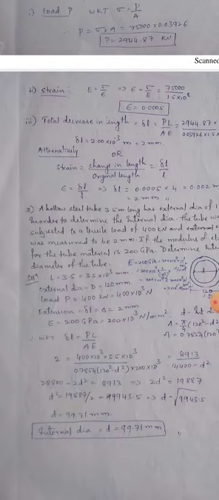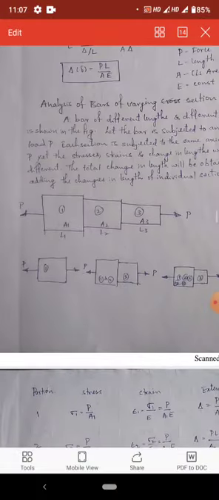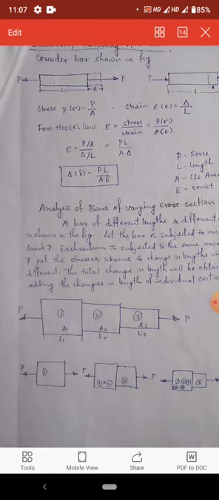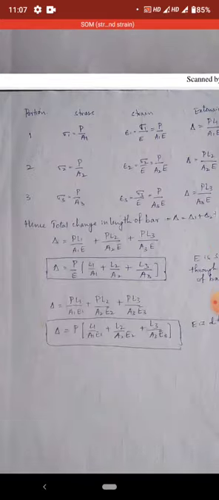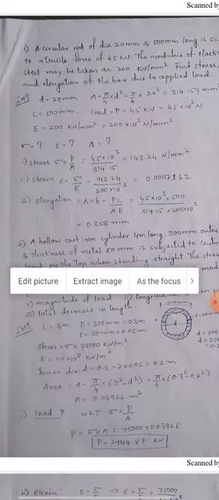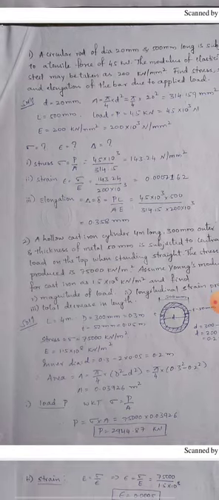So today's class outcome is, you have to remember that whether it is extension, compression or decrease in length, especially the formula PL by AE. This equation can be derived with the help of Hooke's law, that is E equal to stress by strain. That is stress is P by A and strain is change in length to the original length. And analysis of varying cross section with the same funda. And then you have to calculate the problems on basic definitions, that is stress, strain and elongation of the bar. Okay. Thank you.